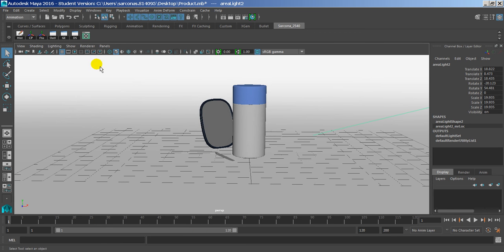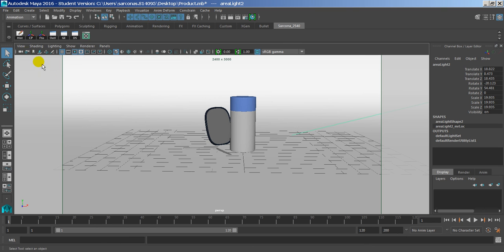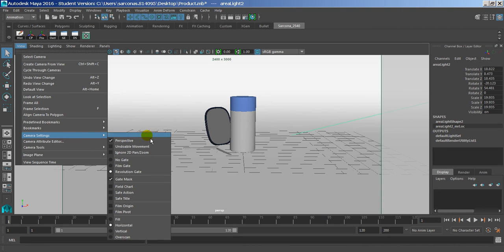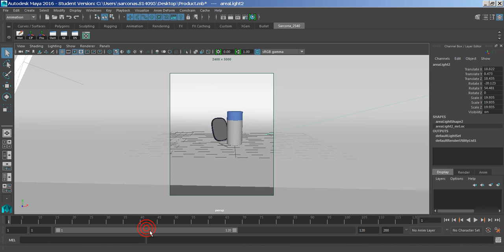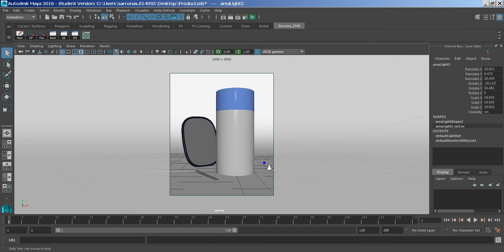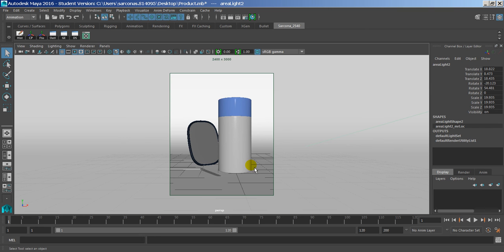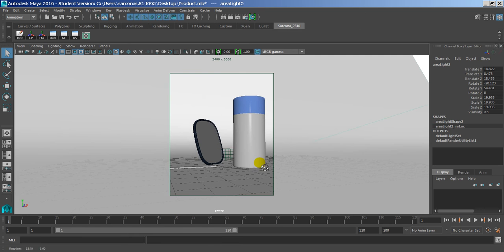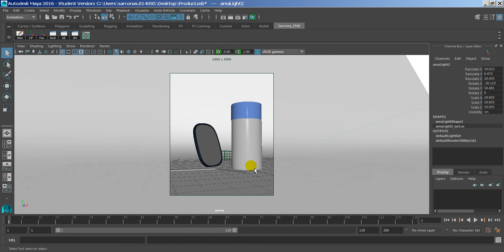Now, when I frame this, I'm going to go to my resolution gate, which is this guy, the little blue dot, and I can't really see the top. It looks like it's coming out pretty square. So I'm going to go to View, I'm going to go to my camera settings, and I'm going to say Fill Vertically. Okay. Now this box here is what's going to render. So of course I want to fill this like that. Okay. Now I'm going to be putting a title in here, maybe some other stuff, whatever. So I want to get a good framing inside the shot, but also leave some room for any other stuff